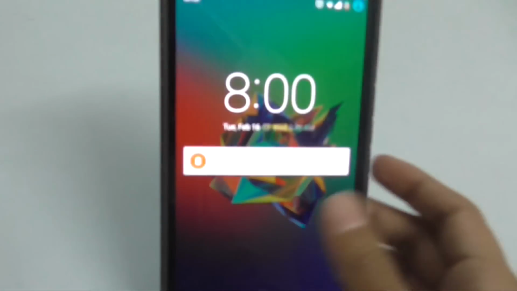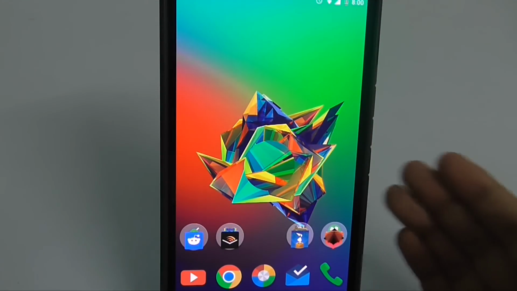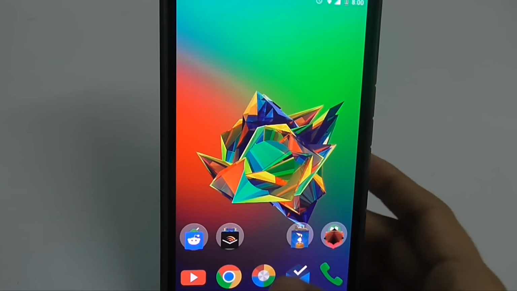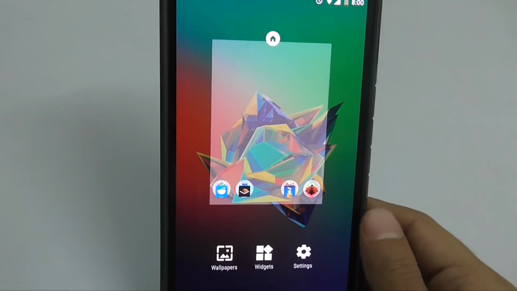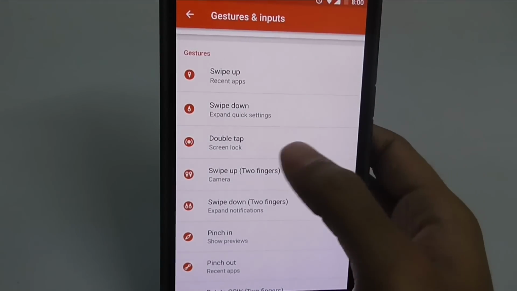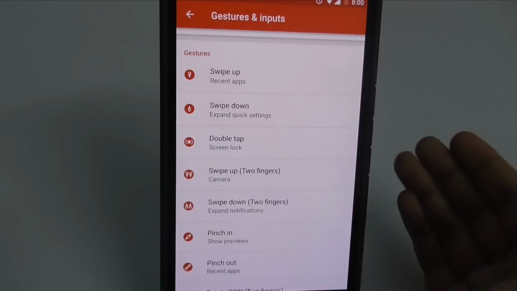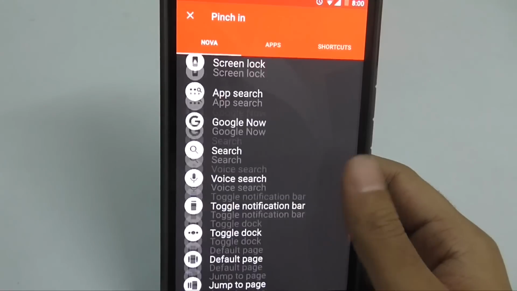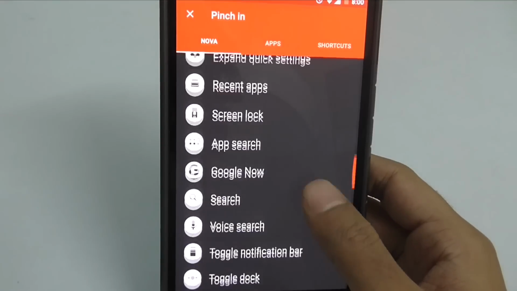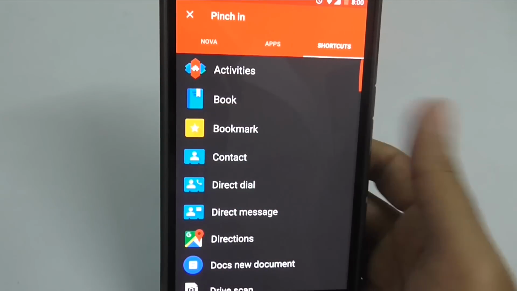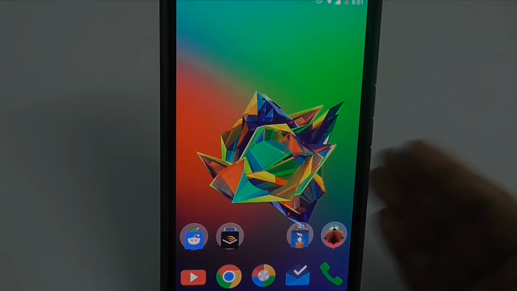And guess what? If you are rooted, then this gesture will also work with the smart lock. And you won't have to enter the pin if your phone is still in your hand. Okay, so let's see how to get this gesture. Obviously, you will need a paid version of Nova Launcher, but like I said it is worth every single penny. So go to your settings and then gesture. Now here I have linked my gesture to the things I use most, but your mileage may vary and you can choose accordingly. Now these gestures also work with Tasker tasks and activities. So yeah, possibilities are limitless.